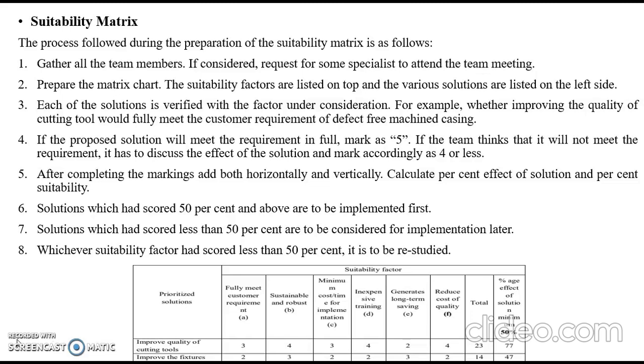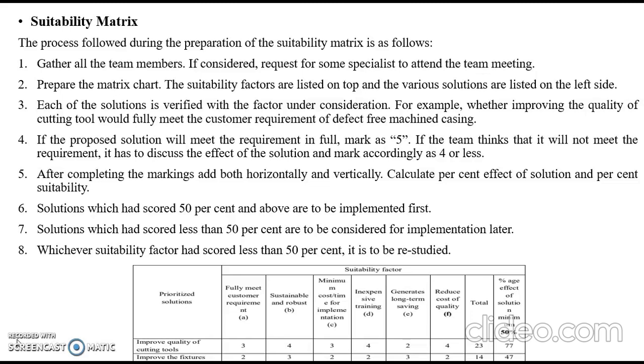And the final factor is finalize the improvement strategy. Based on the outcome of all aspects described before, the team has to decide on the priority accorded to the solution. It is better that the solution with minimum cost, which will improve the performance in the least time, is chosen first. When the team as well as management find the proposed solution giving results, this generally motivates all the stakeholders. These are some of the suitability factors.